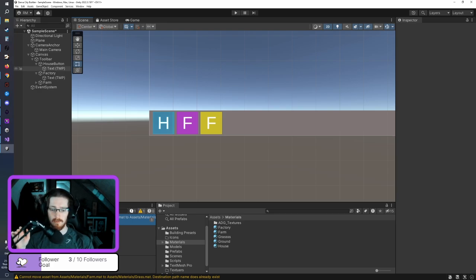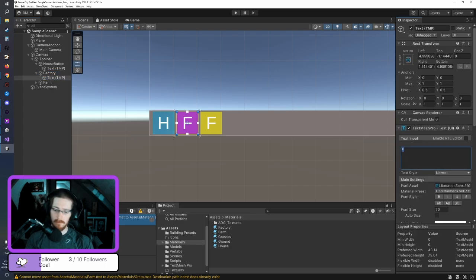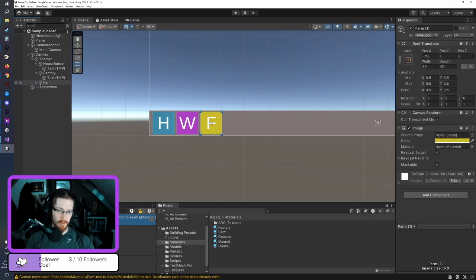The factory or something? We'll just put a W for that, for workplace. Big W. And then I'm going to duplicate the farm and we'll call this one